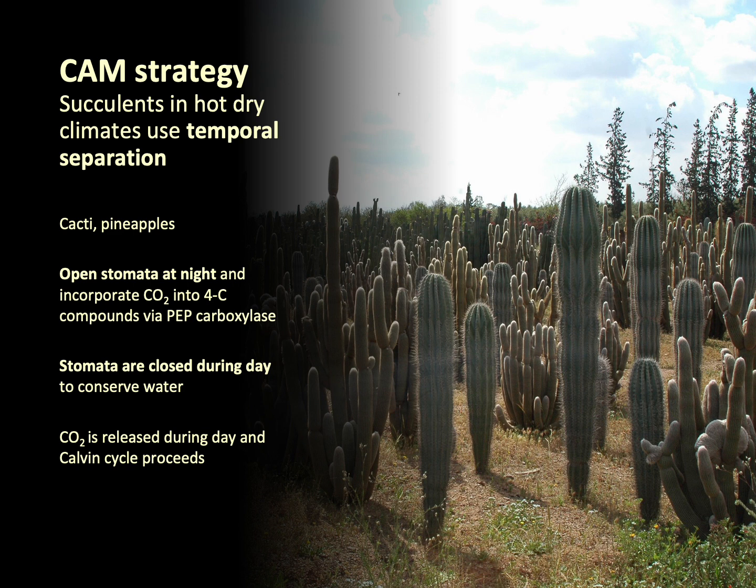You can't really do the Calvin cycle part at nighttime, because you would quickly exhaust all of those energy products you need, like ATP and NADPH. You need the light reaction to be happening. So what they'll do is close the stomata during the day, and that's when photosynthesis is happening. That's when the light reaction is producing stuff, and that's when the Calvin cycle is happening, right? The CO2 is released from those 4C compounds during the day. So during the day, it's photosynthesis as normal. But at nighttime, that's when they bring in the CO2.